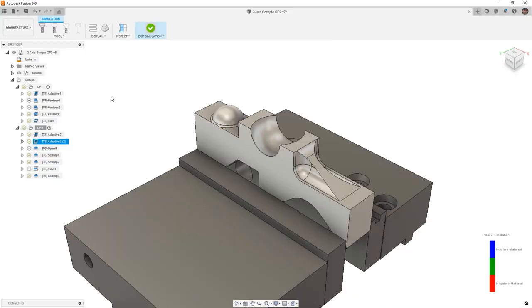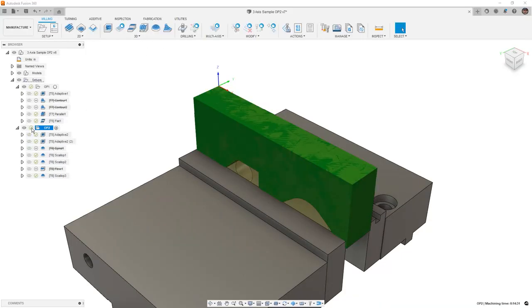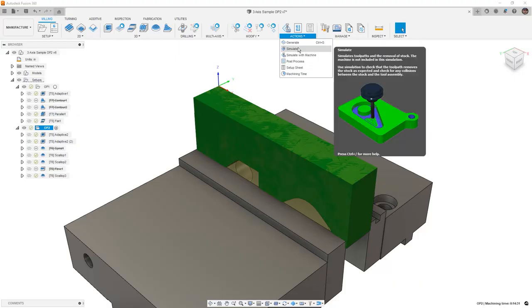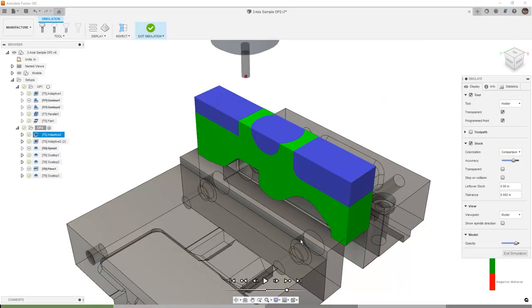Let's go ahead and exit the simulation, and this time let's select the entire op2. I'm going to go to Actions and Simulate one more time. This time, because we have multiple operations, I want to note at the bottom that we have these segmented areas. This will tell us when we have a tool or operation change. These areas will display in red if there is a collision with any of the non-cutting portion of the tool